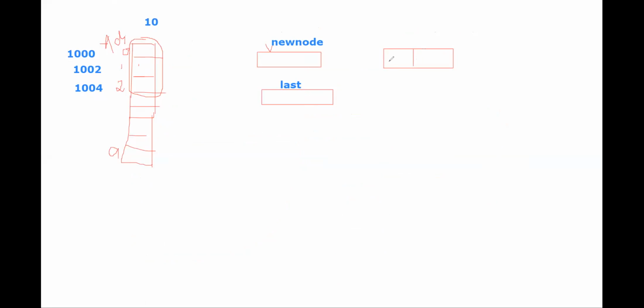Let the address be 5,000. So this address is stored in new node, and it is pointing to this one. And what about this? We have to fill this, no? The vertex can have any value, like here we said A or B.